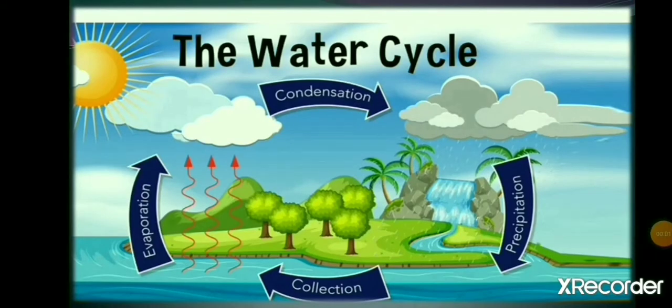During daytime, the sun heats up the water in rivers and lakes, which slowly changes into water vapor and rises. The water vapor cools down and changes into tiny droplets that form clouds. As clouds become heavy, they cannot hold any more water droplets and fall on the earth as rain. This process continues and water is circulated in nature.